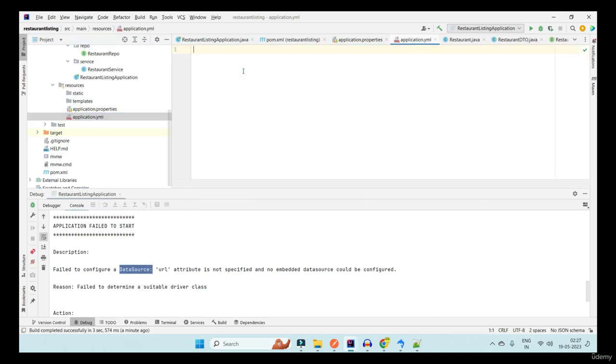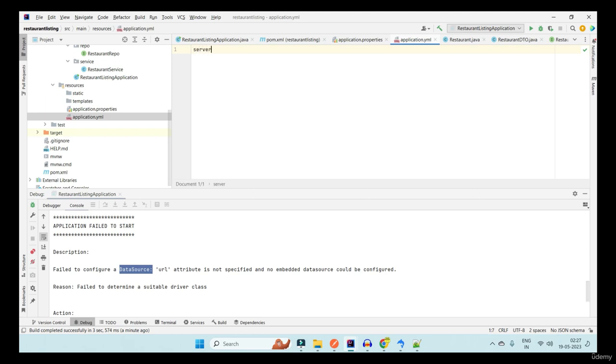First of all, I want to configure the port for my application. Now I want all my microservices, restaurant listing microservice, food catalog microservice, and order service to work on the 909X series. So I'm going to use the 909X series for all the server port configuration.